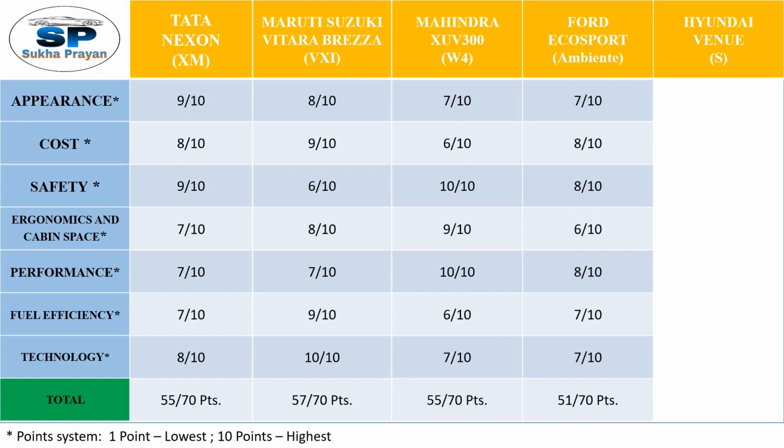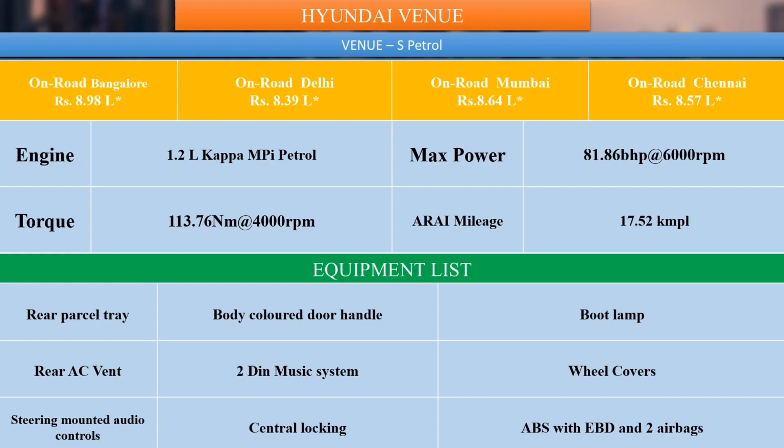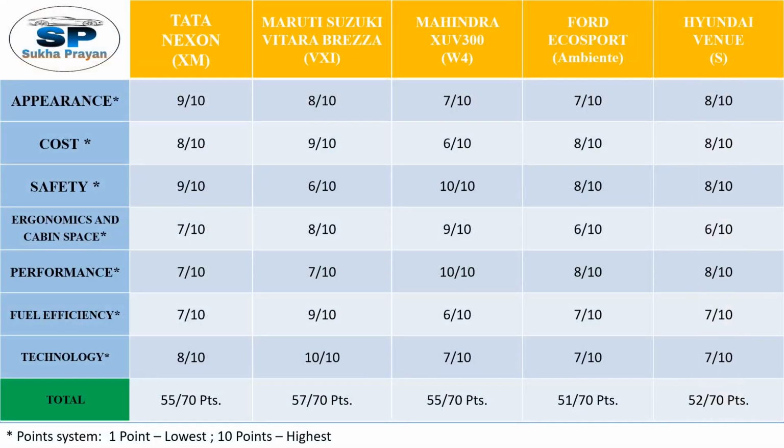If we have a look at the points assigned for the Hyundai Venue S variant, the vehicle has been assigned 8 points for appearance, cost, safety and performance. However, the fuel efficiency and technology part is given 7 points out of 10. The only place where the Hyundai Venue scores less is in terms of ergonomics and the cabin space that the vehicle offers. The total points achieved by the Hyundai Venue stands at 52